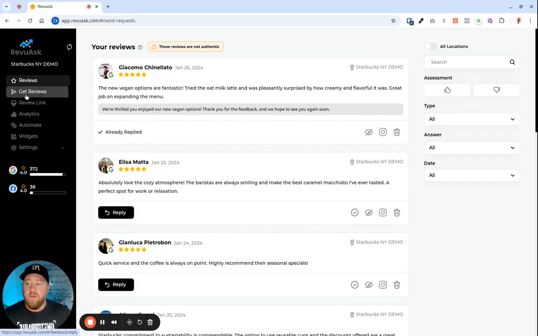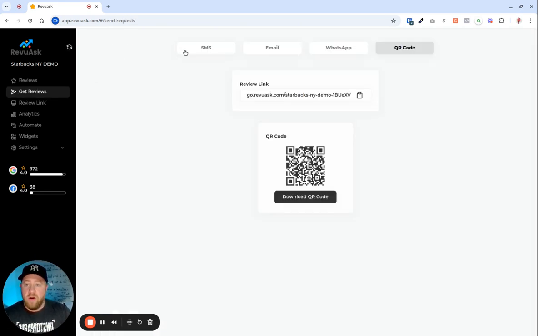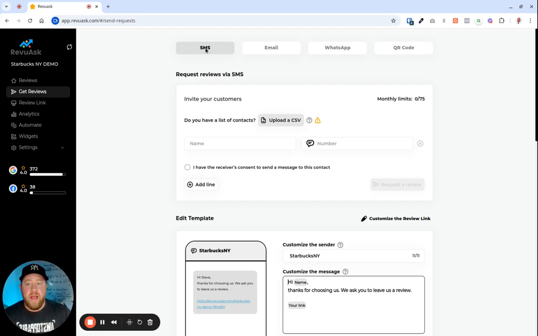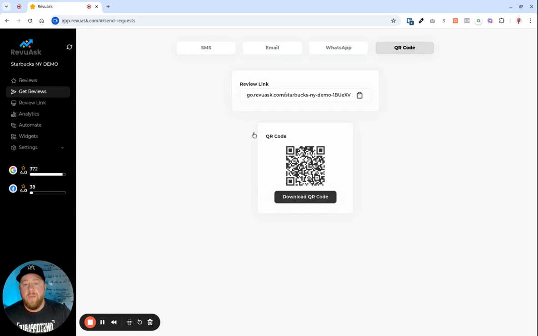Let's go down to Get Reviews. Once here, you should initially be here on the SMS tab. You come over to the tab on the right that says QR code. Here you'll find your QR code. You can download this, put this on brochures, business cards. You can print it out, laminate it, put it on your countertop, put it in a stand at your counter,